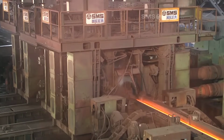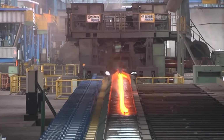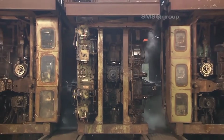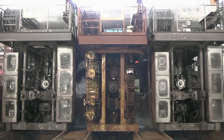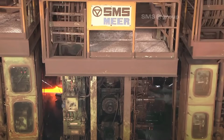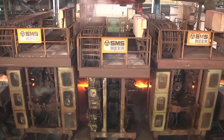Quality assurance is a top priority throughout the manufacturing process. Each individual rail is stamped with a unique number for traceability purposes. This traceability allows for the tracking of each rail's production history and materials used, ensuring that any potential issues can be quickly addressed. Additionally, rigorous quality control measures are in place to verify that the rails meet the specified dimensions